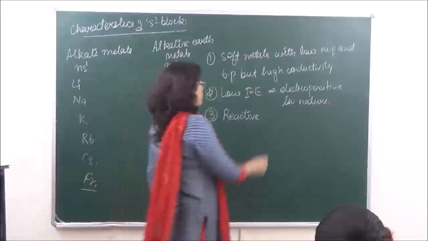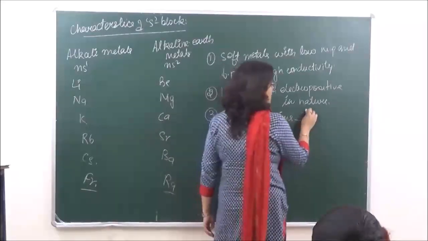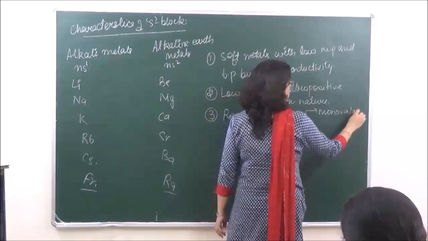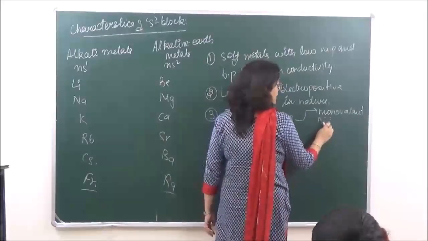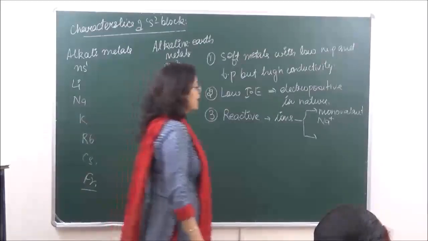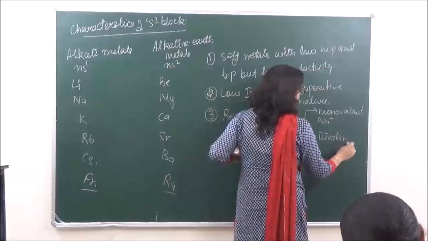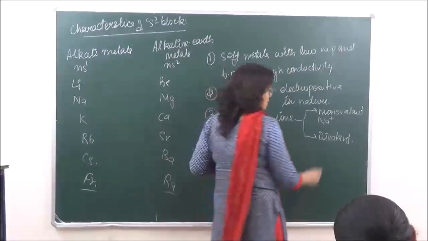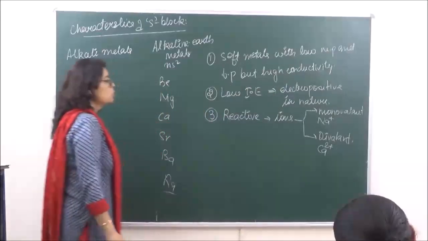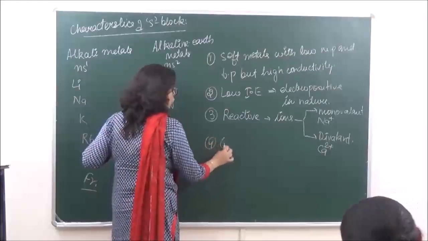and generally form ions quickly, and they form two kinds of ions. One which is monovalent, as in the case of alkali metals like Na positive, right? And the second type of ions, they are divalent, as the alkaline earth metals they form, as in the case of Ca2 positive or Mg2 positive. ठीक है? Then fourth, they generally form